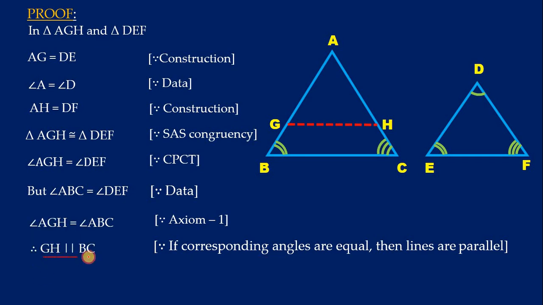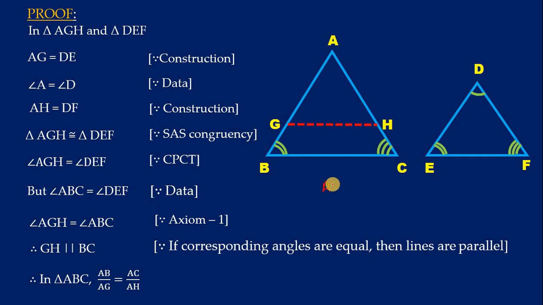So, in the triangle, GH is parallel to BC. Now for the triangle ABC I can write AB by AG is equal to AC by AH. Observe properly, it is just looking like Thales theorem, but it is not a Thales theorem. Actually in the Thales theorem we have written like this: AG by GB and AH by HC. It was the concept for Thales theorem. But now what we are writing, we are not writing like that. We are writing the full length.